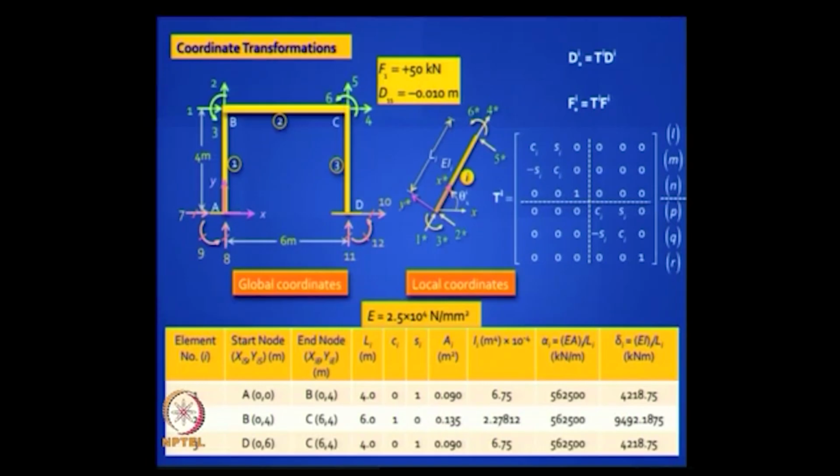The plane frame is similar, and you need not explicitly calculate those theta values. You do not need the theta values, you need the direction cosines, cos theta and sin theta, which are very easy to generate from the coordinates. Even the length comes from the coordinates, we have done this before. You can also put in this table your EI values and your EA values, EA by L and so on, all that you need to generate your TI matrix and your